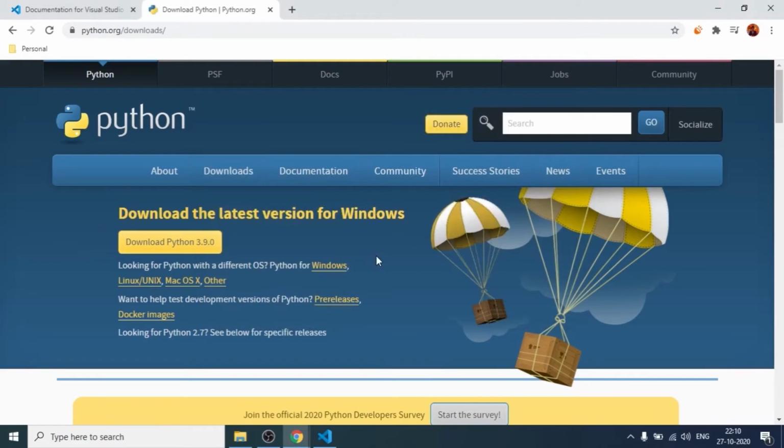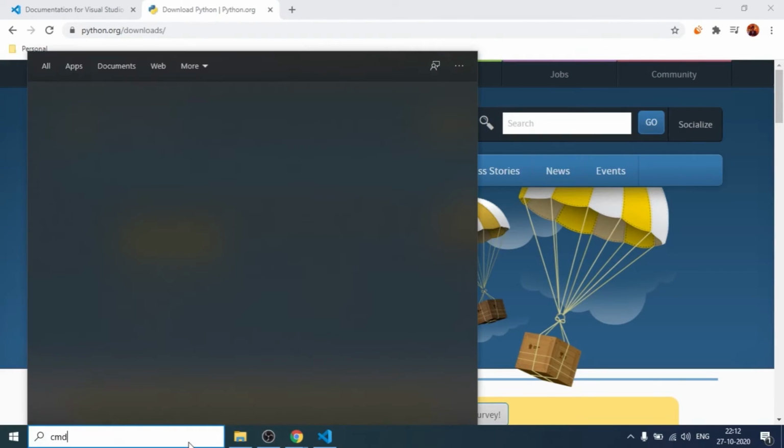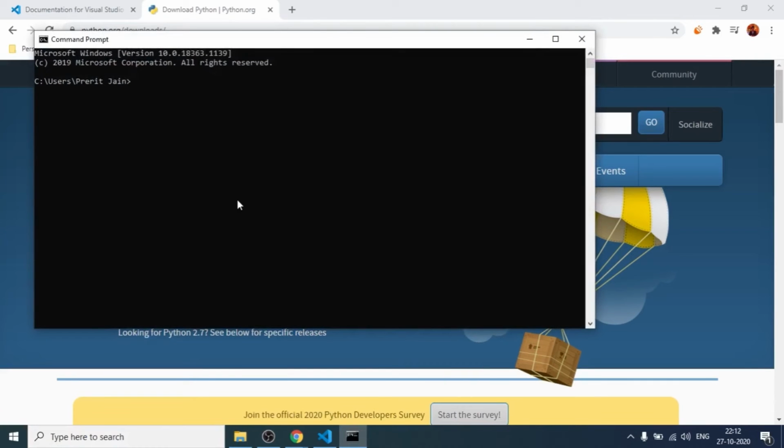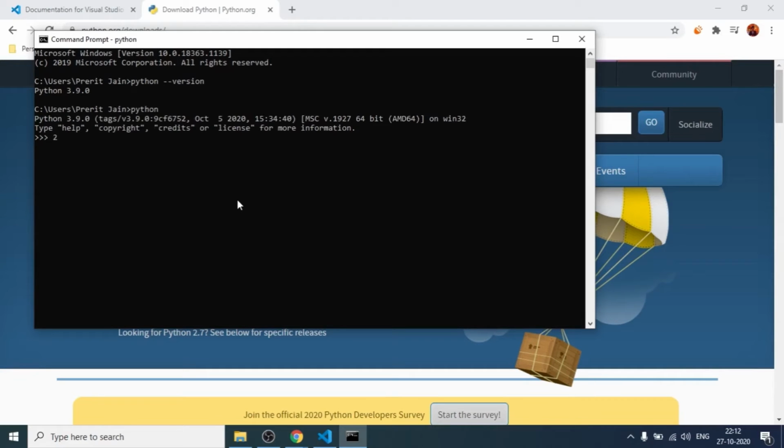So for checking whether your installation is successful or not, we'll open command prompt from the start menu. So we'll open cmd and we'll type python --version. Now you can see Python 3.9.0 is successfully installed. So now we'll enter the Python environment. Now if we execute 2 + 2, it will give us 4. Similarly, if we give a command like print hello world, we'll get the same as an output. So this ensures that our Python is installed. So now we'll exit from the terminal,